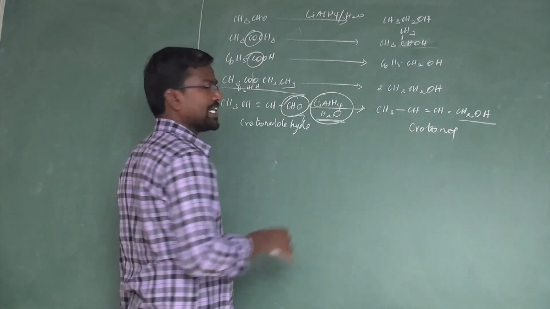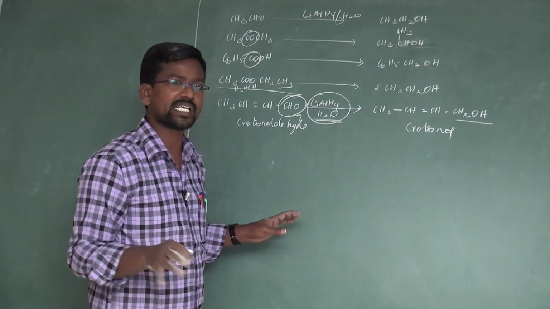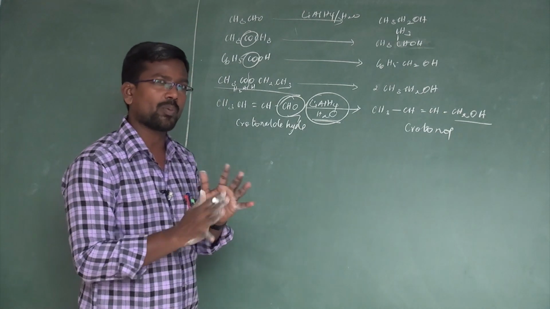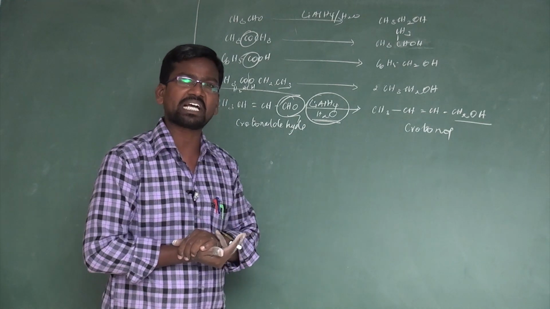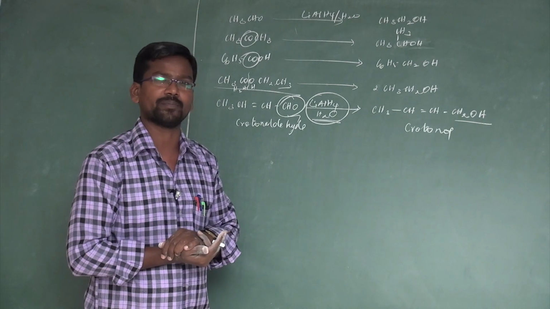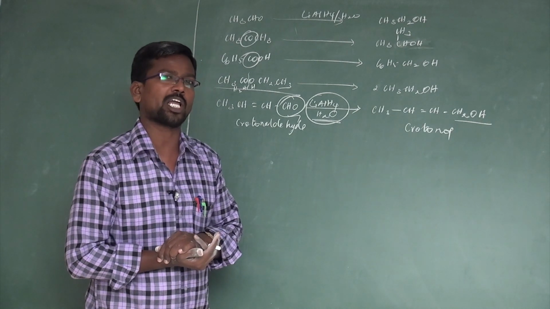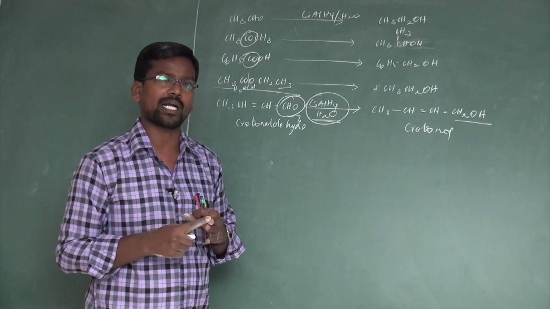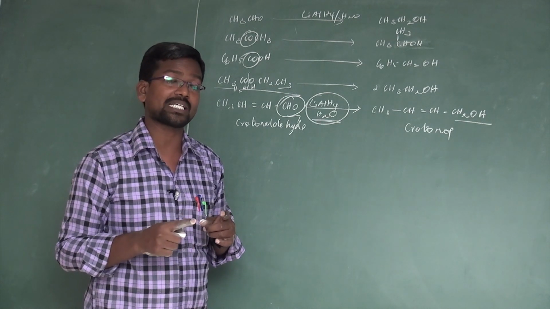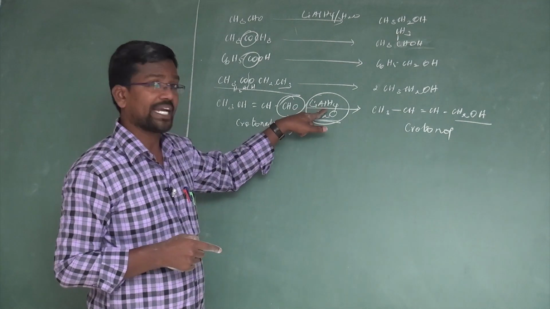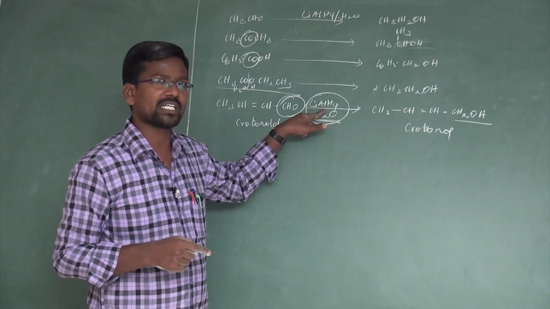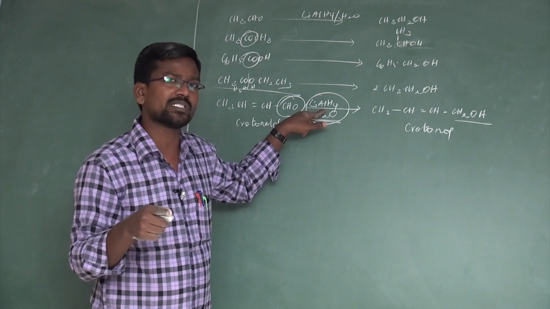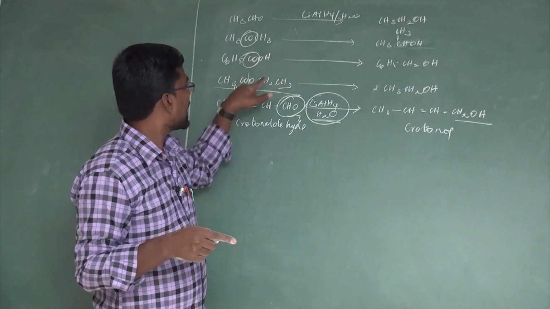Lithium aluminum hydride, a specific reagent, does not reduce carbon-carbon double bonds as well as carbon-carbon triple bonds, unlike Raney nickel with hydrogen, nickel hydrogen, hydrogen platinum, and sodium amalgam water, which reduce carbon-carbon double as well as carbon-carbon triple bonds. But lithium aluminum hydride is a powerful reducing agent. This powerful reducing agent does not reduce the carbon-carbon double as well as carbon-carbon triple bond, it only reduces the carbon-oxygen double bond or ester compounds.